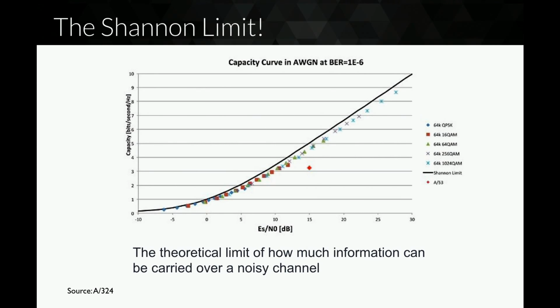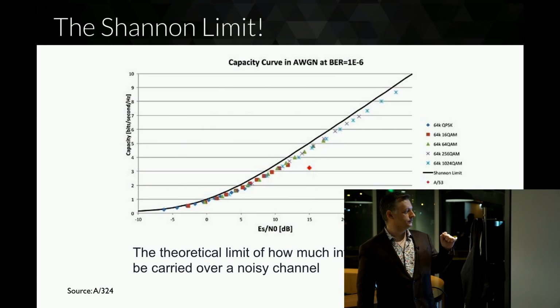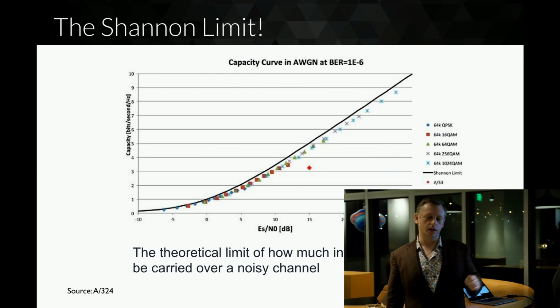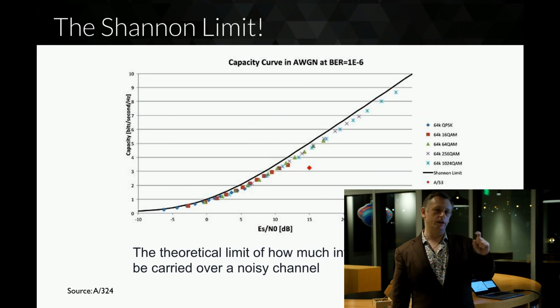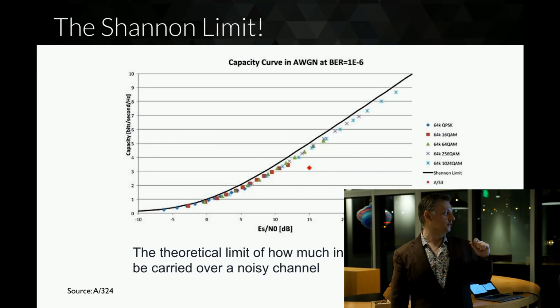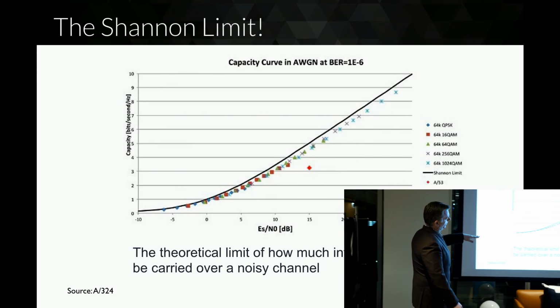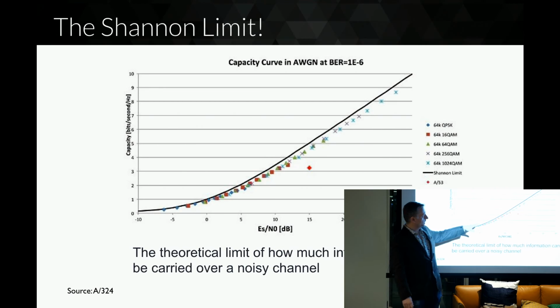So back in the 40s, Bell Labs, the old telephone company, had a research division, and there's a brilliant engineer called Claude Shannon, and he came up with this model that said that in a noisy communication channel, there is an upper bound of what you can transmit in that channel. This is called the Shannon limit. This curve on here represents that.